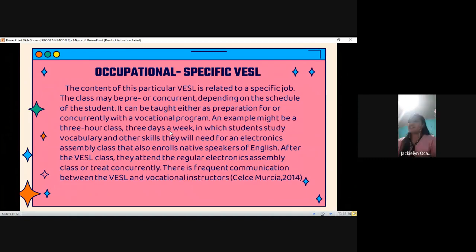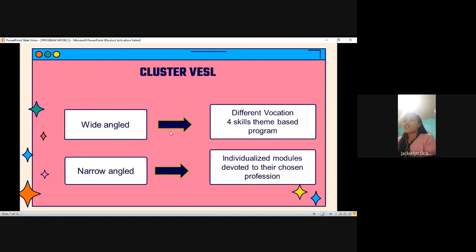Okay, and the third is cluster VESL. These popular models include wide angle and narrow angle approaches. Wide angle has different vocations with a four skill team based approach, and narrow angle has individualized modules devoted to their chosen profession. Initially, students from different vocations are in one classroom.